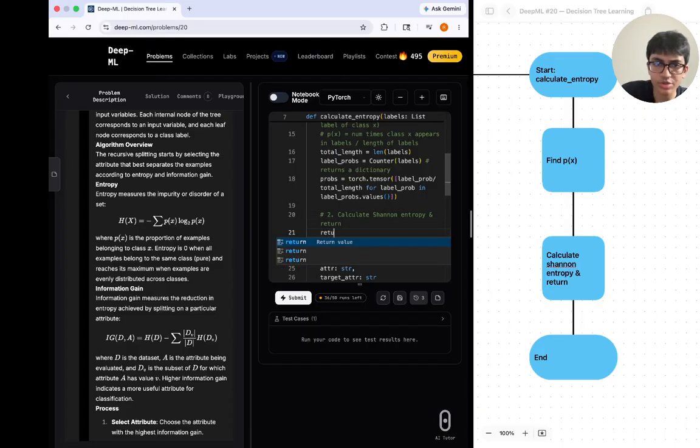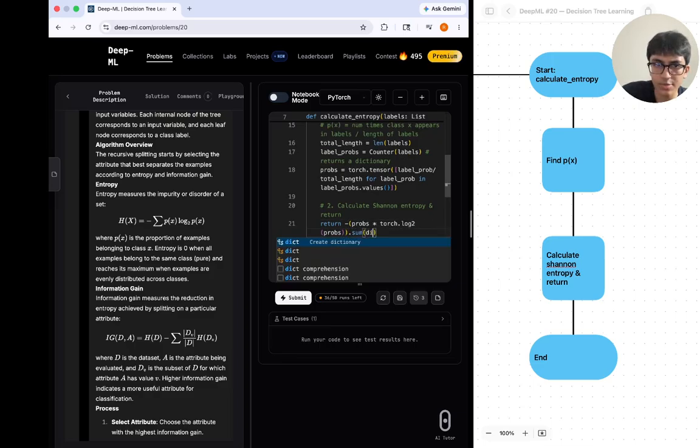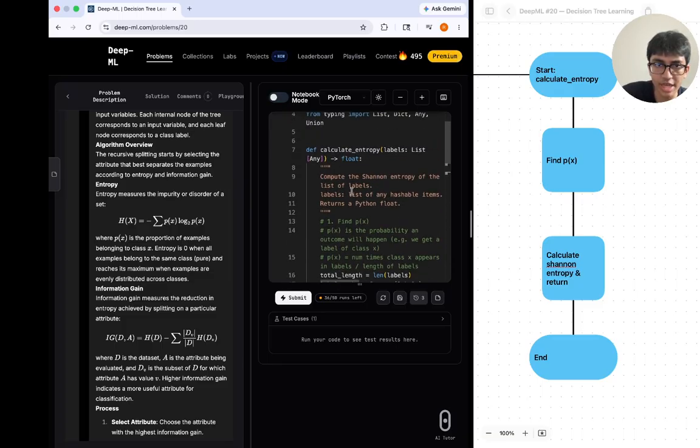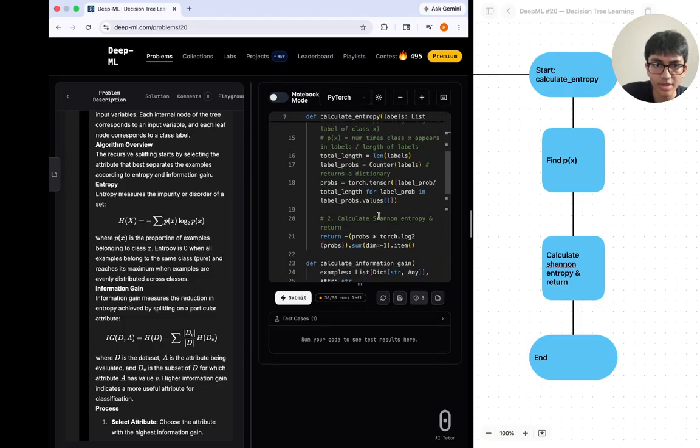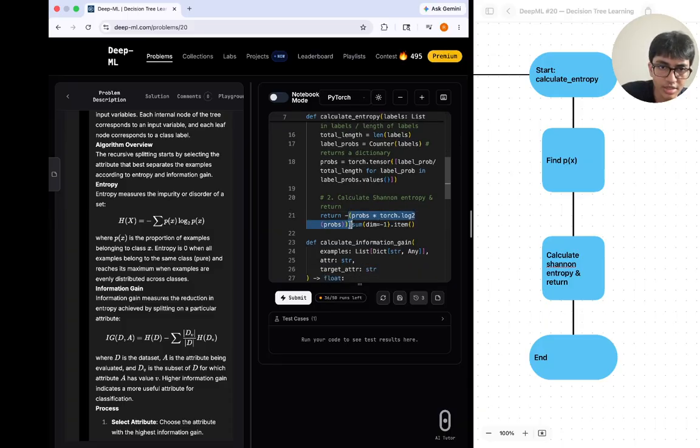So we can turn and look back at the formula here. It's the negative of the probabilities, p of x, times torch.log2 of the probabilities, but summed over the last dimension, and then .item because we want to return a float. So what this does is it takes p of x times log base 2 of p of x,